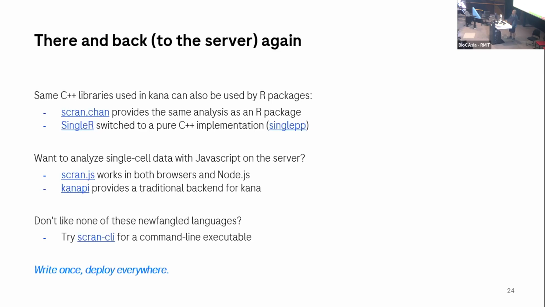So Canopy provides a more traditional backend for Kana, where Kana is more like a web page front end, and it can send a request for Canopy to do the compute. And yeah, if you don't want to deal with any of these newfangled languages with garbage collection, you can actually try using the command line tool that we used for timing. So that is another option if you want to try it out. Anyway, the moral of the story is that if you write your analysis code in a low-level language, you can have this philosophy of write once and deploy everywhere, where you write it once and then compile it to different targets that can run basically anywhere else. And this leads to